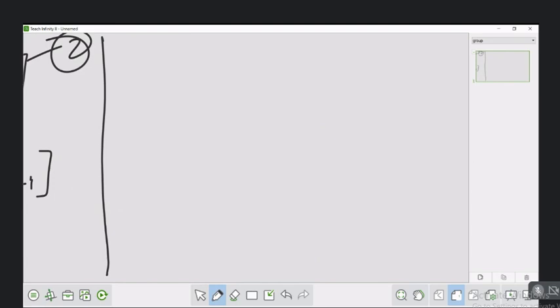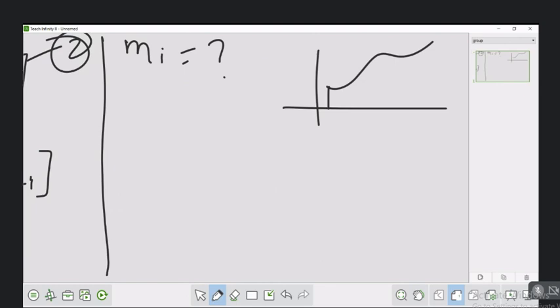Okay. So what is my next target? My next target is to find mi. How should we find mi? We can use one thing. We know that the splines are continuous at knots. What are the knots? Let me draw again. The partition points, these x's, are called knots. Why are they called knots? Because they join two splines.